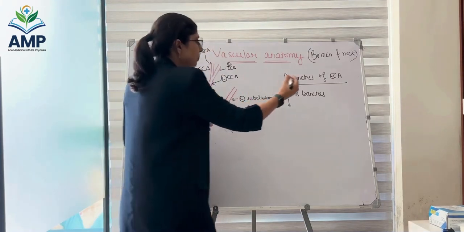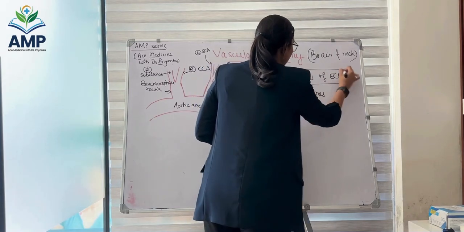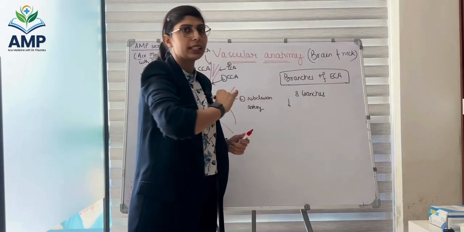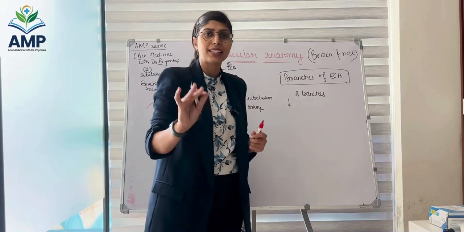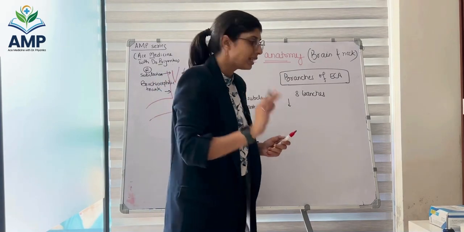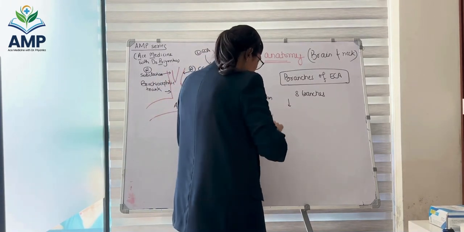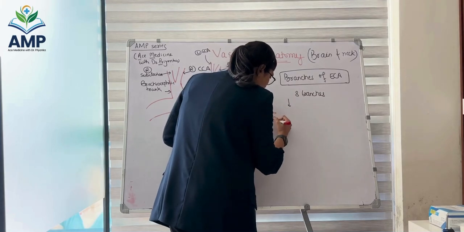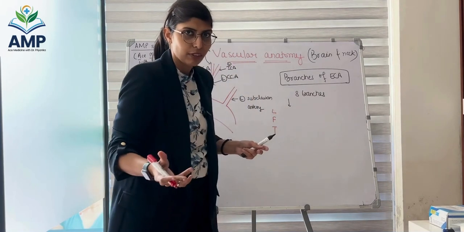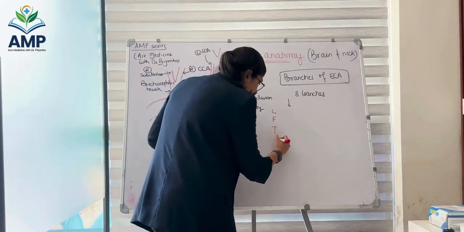So let's talk about the branches of the external carotid artery. Now, to remember the branches of external carotid artery, there are a total of 8 branches. I made a mnemonic for you. Let me tell you the mnemonic. It's a very easy one. So the mnemonic is LFT. We all know LFT, liver function test. So LFT, and then we have